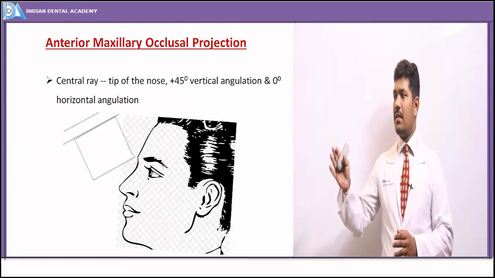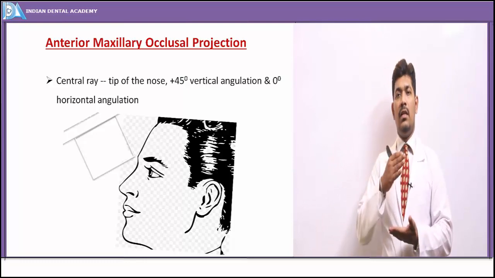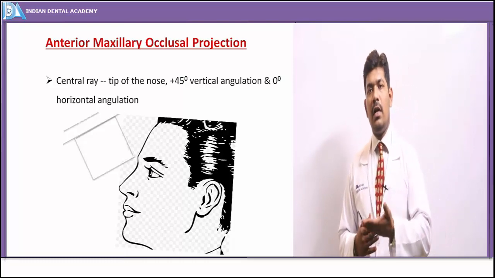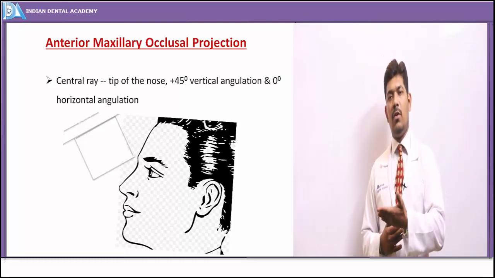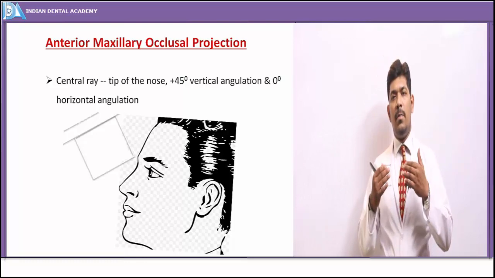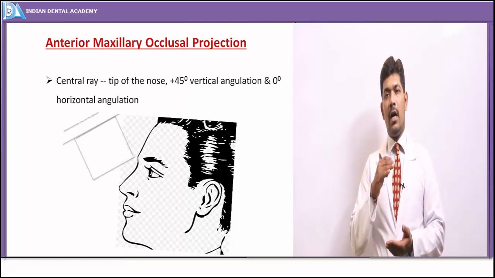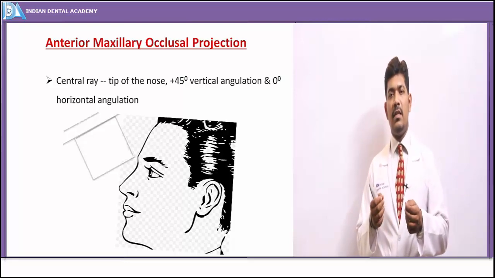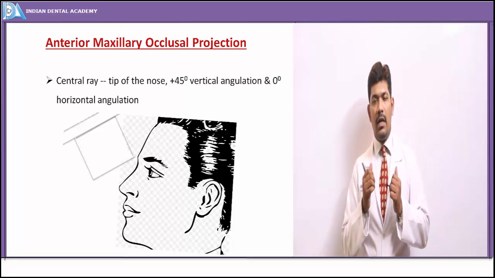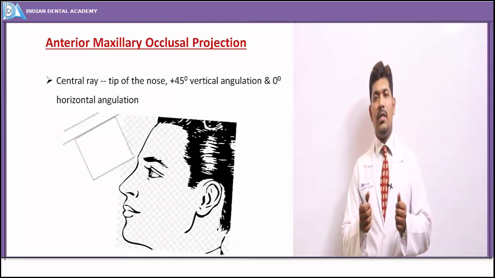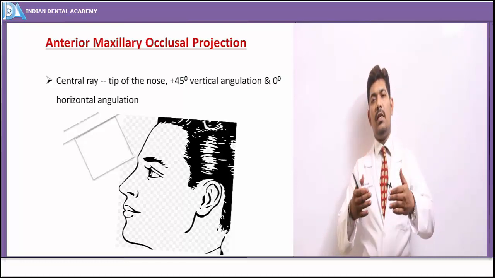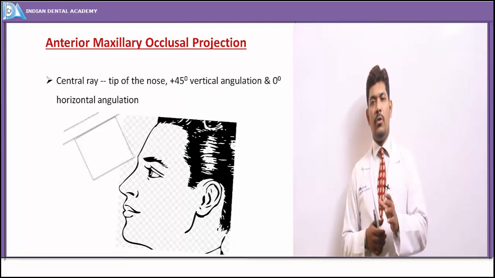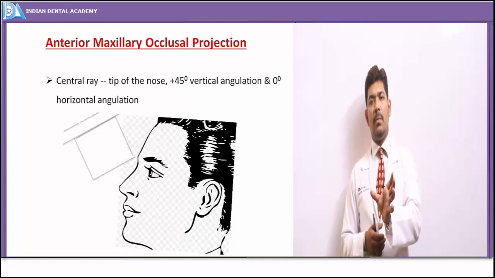And how we place it for an anterior maxillary occlusal: it is basically a rectangular shaped radiographic film. The long axis of the longer side of the occlusal film is placed perpendicular to the sagittal plane along the occlusal plane of the anterior of the maxillary arch, and it is pushed into the patient's mouth until the posterior end of this occlusal film hits the rami of the mandible. So until there it is pushed inside,